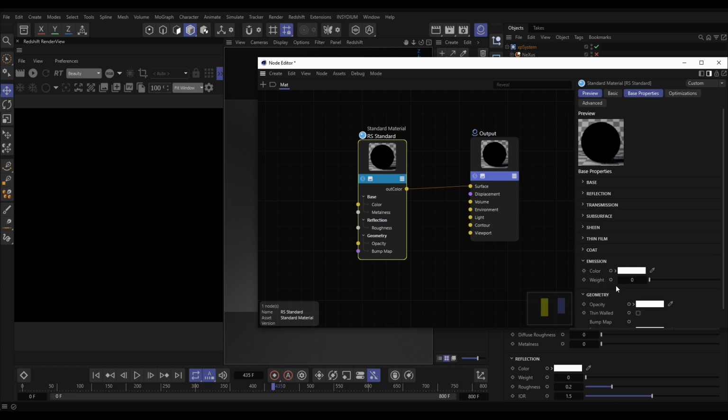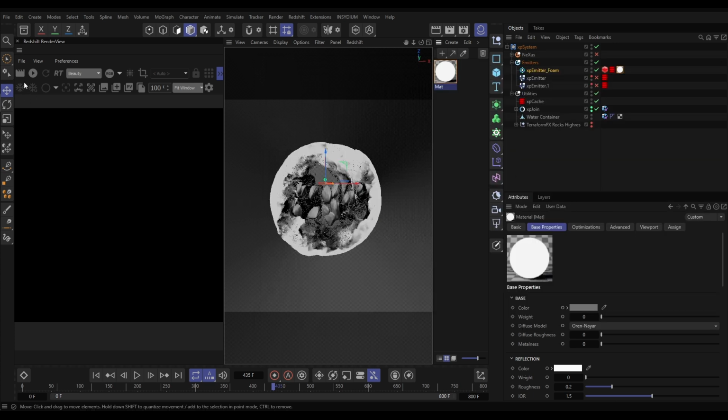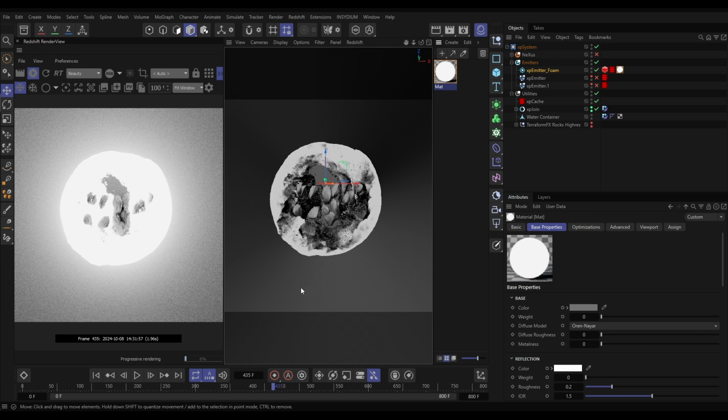The only thing we do need is some emission. Let's put this on, say 5. And then we'll just leave that material at that for now. So if we hit render now, even though there are no lights in the scene and we've switched off the default light, it's going to load in those particles, and look, they're all emitting light, but they're too big at